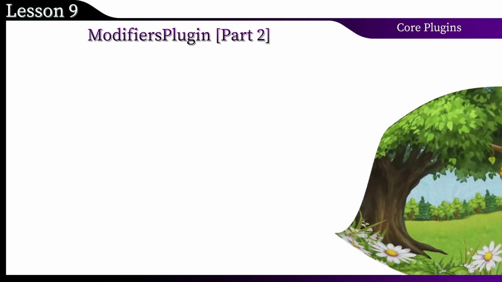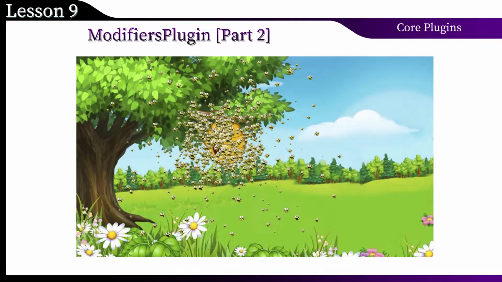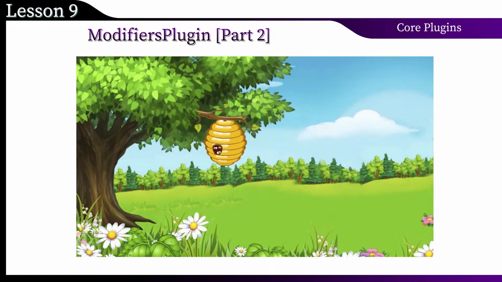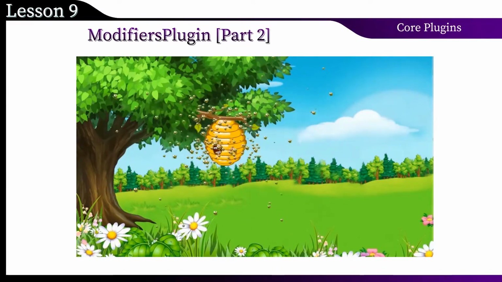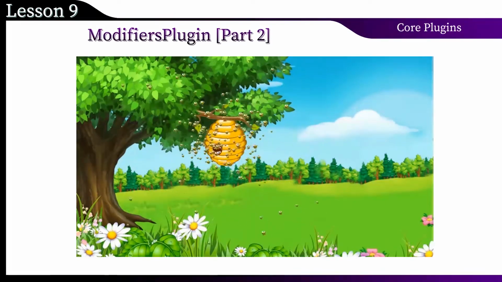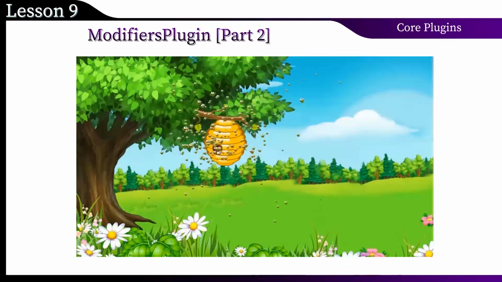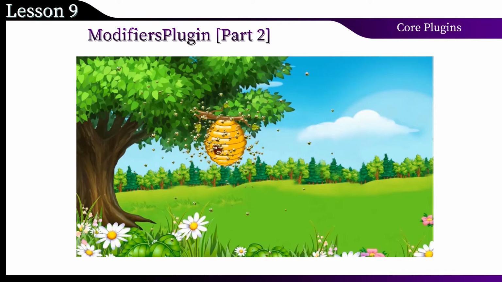So, we will have a forest and a bee hive. And many bees. Although, probably not so many. By the way, 50,000 bees is the norm for an ordinary hive. And 250 is enough for us. Otherwise, my processor will melt. And they will all fly along trajectories made with the modifiers plugin. Let's try to create the illusion of a random path for each bee.